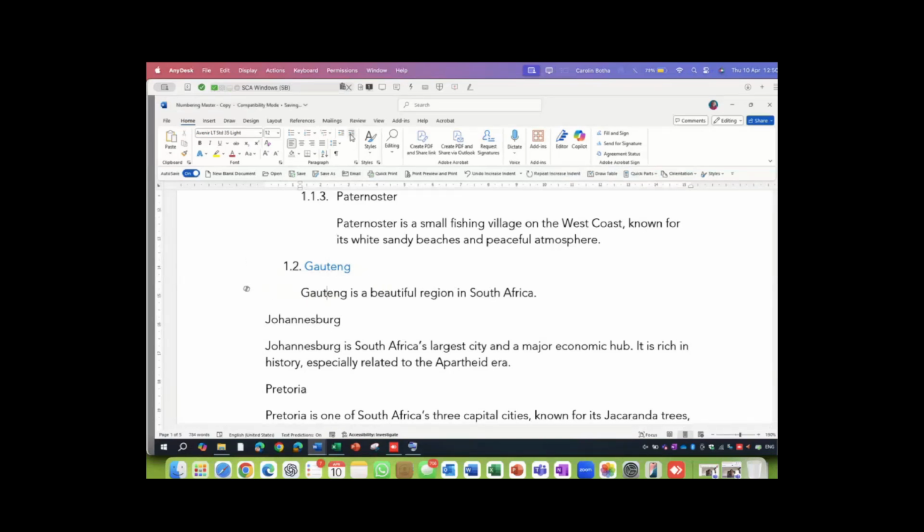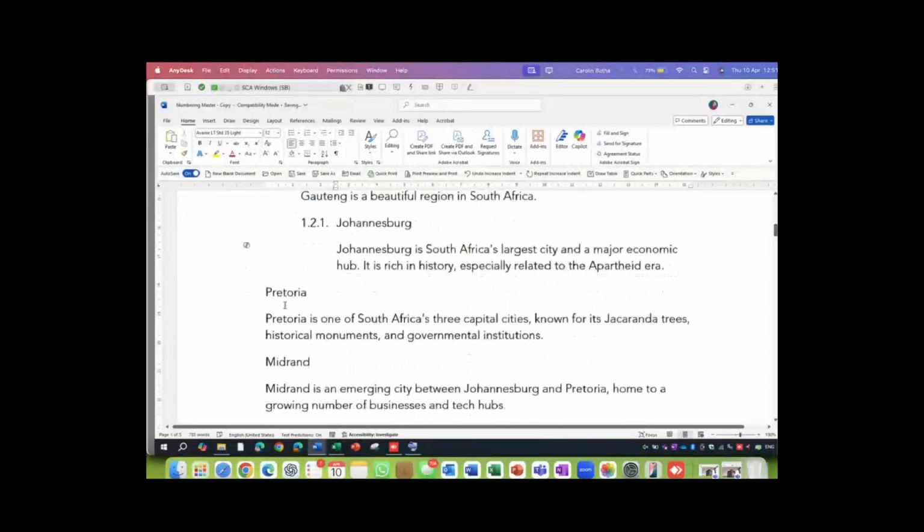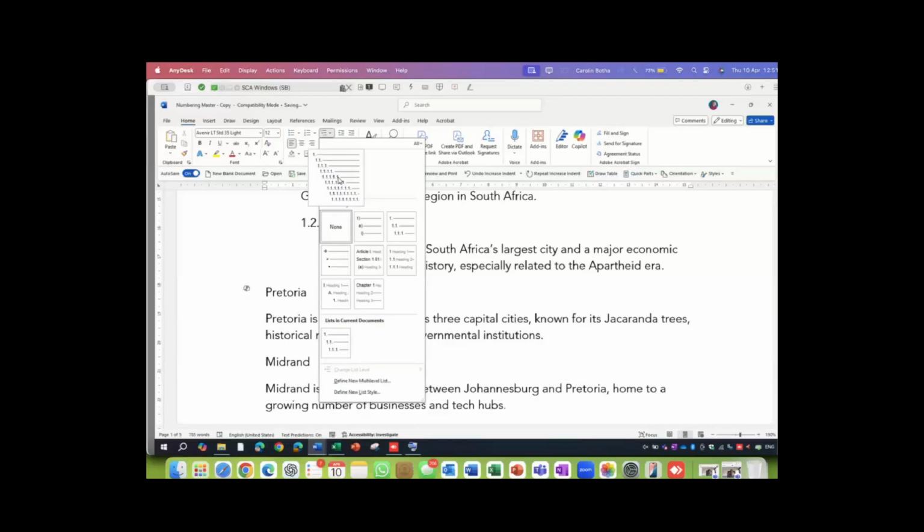I'm just watching the time. This is a 1.3. Don't worry, don't do the whole document. This is a demonstration. One more, 1.2.1. How amazing is this? I've been working with this for so many years and I still find it astonishing. Absolutely amazing. Okay, and a last one. And so it goes. Let's just do a last one.